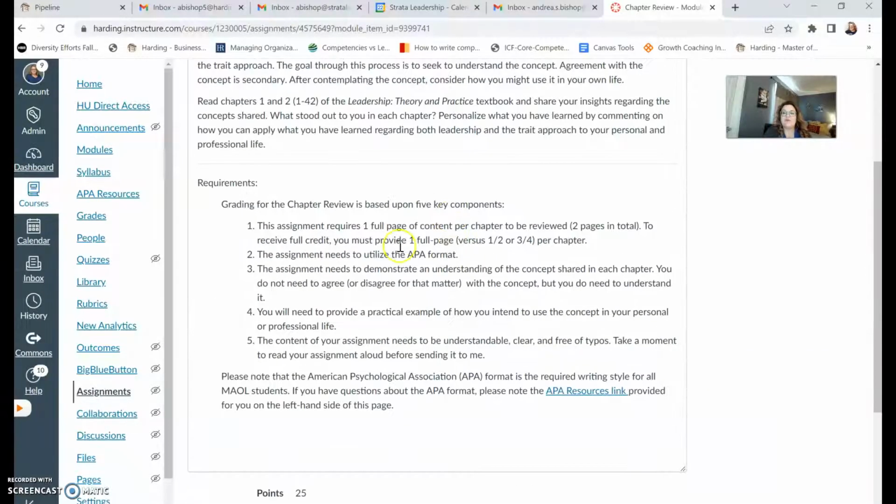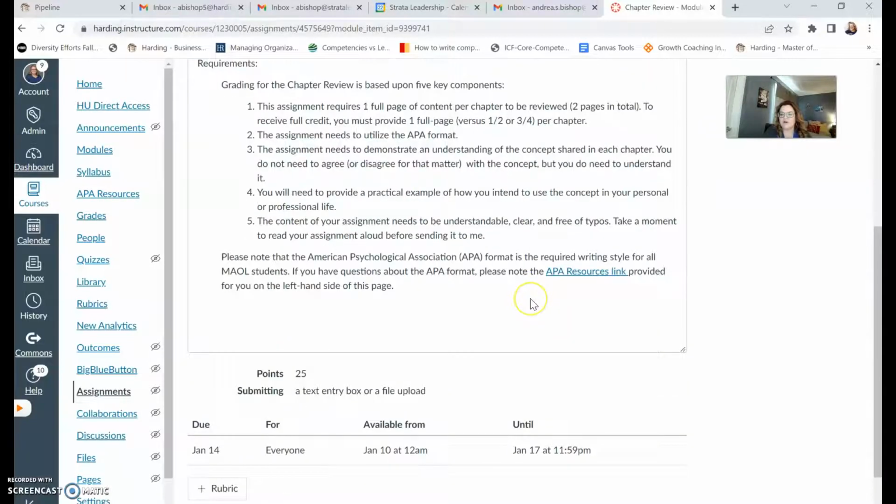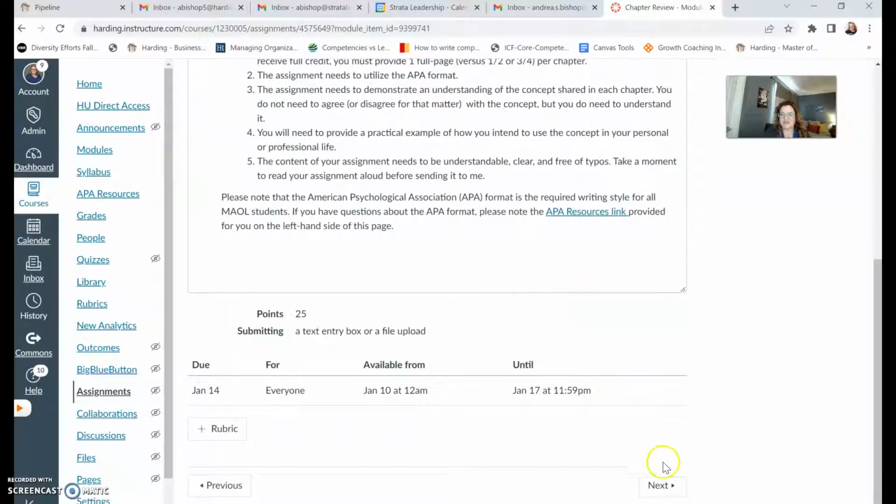We do use APA, but I will tell you that if you've got a 50-point assignment, then maybe 4 to 5 points might be worth APA formatting. So you can definitely do well in our classes without being an APA genius. That is not really something that we're incredibly strict about for the most part.